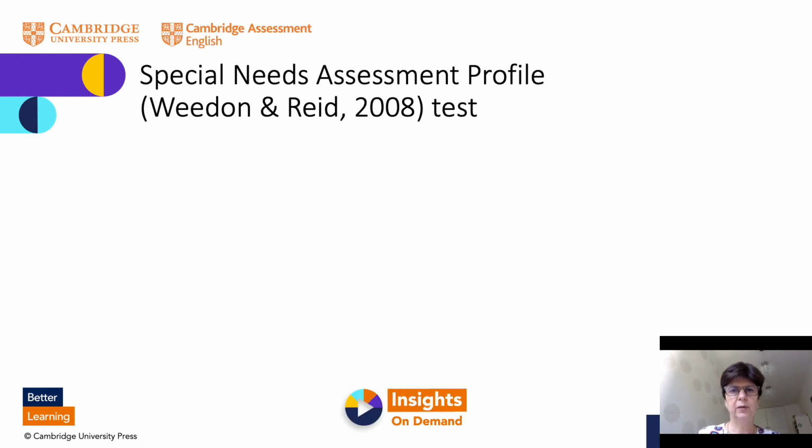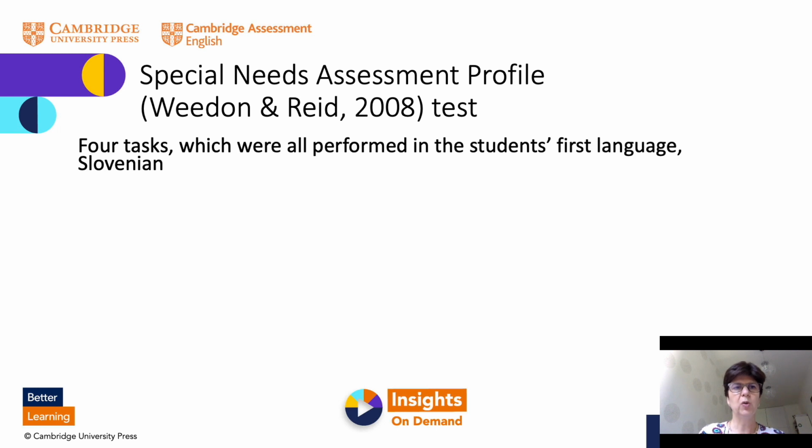Even though we had official identification of dyslexia as information about the students made available to us, and the dyslexia identification system in Slovenia is very comprehensive and reliable, we still wanted to have additional information about the students' low-level first language literacy skills to make sure that indeed students in our pool classified as dyslexic are indeed dyslexic and have certain challenges with low-level first language skills. We chose 4 tasks from a special needs assessment profile, which is longer, so we didn't have all the time